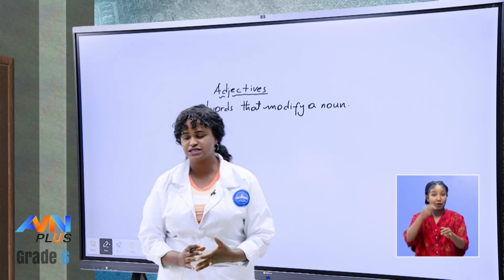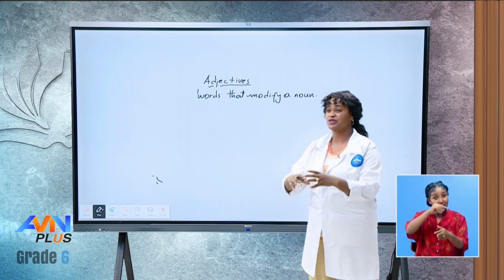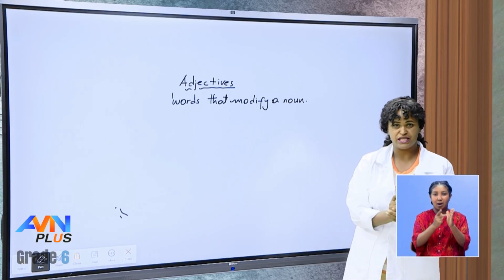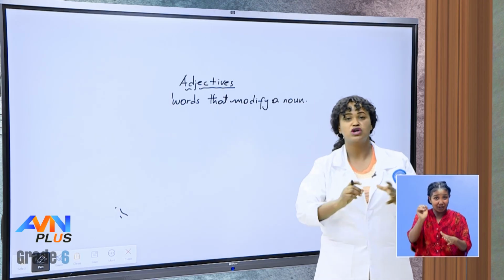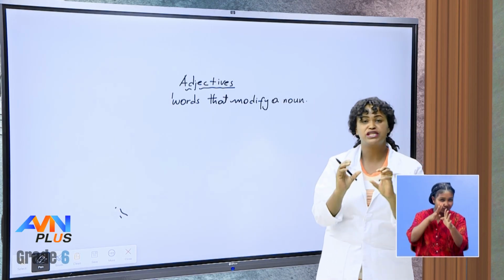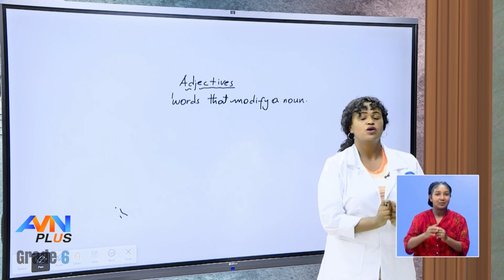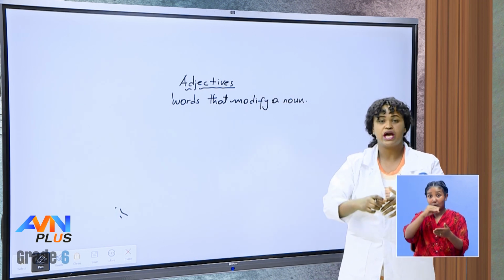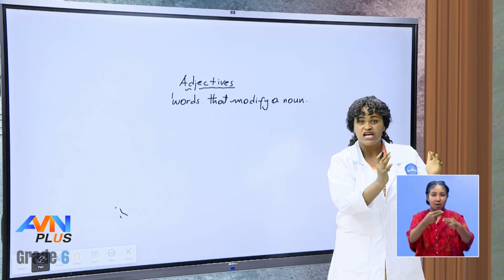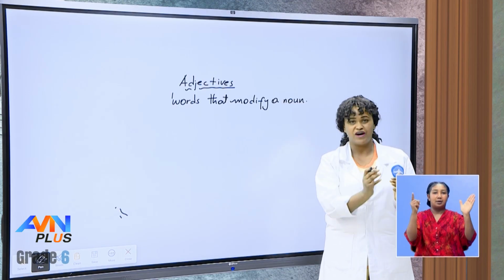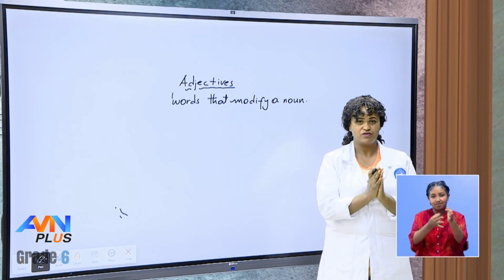If you remember last time when we were talking about a descriptive paragraph and descriptive sentences, we were using more of adjectives, right? Because we want to create an image in the mind of our listener. So adjectives are words that can help you to make a noun specific, clear, and more modified or identified, right?